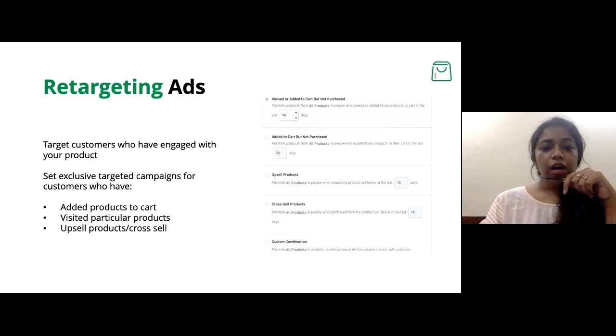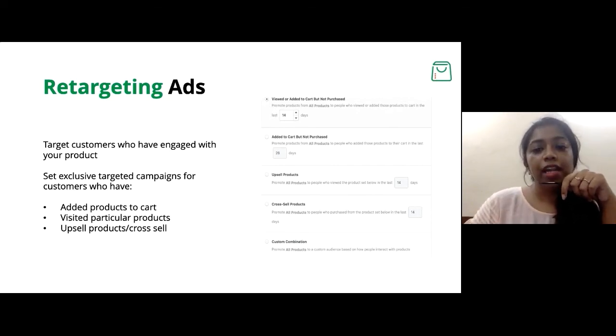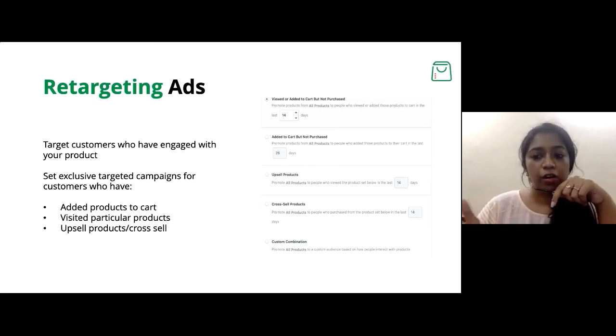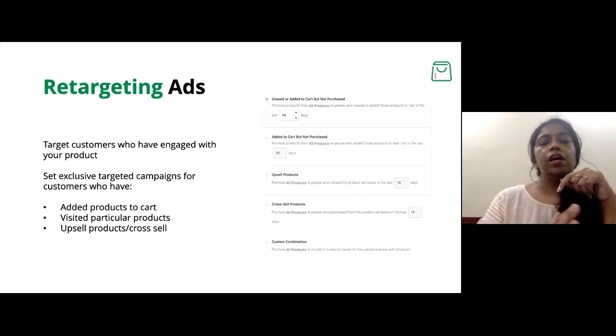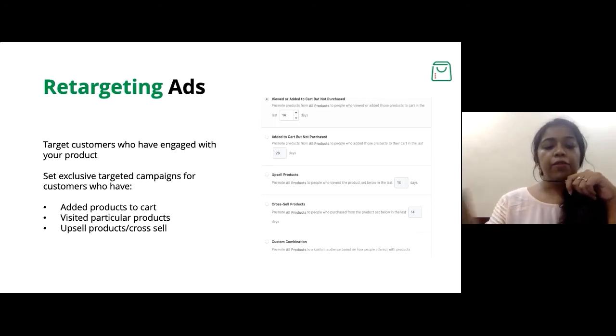Like I told you, as you can see on the right side, I hope you can see it. You can actually find out which users have clicked on the Facebook ad and gone into your website, added a product to the cart, but haven't purchased. So you can set such people, not only through Facebook, even people generally who come from whatever marketing source they come to your website. If they have added a product to the cart and not purchased, you can target them using Facebook.